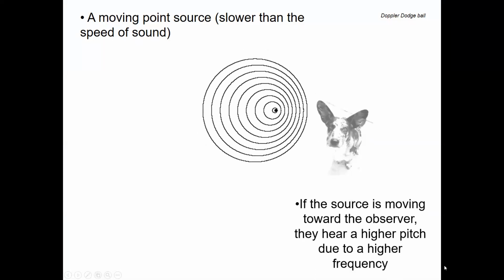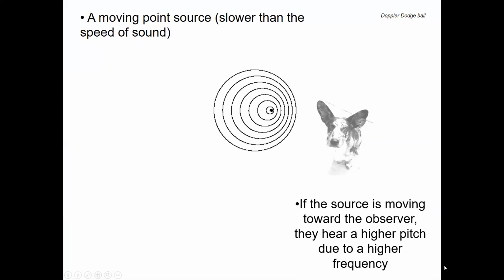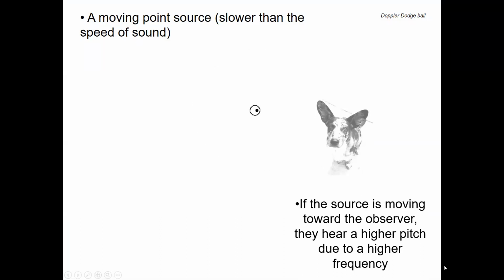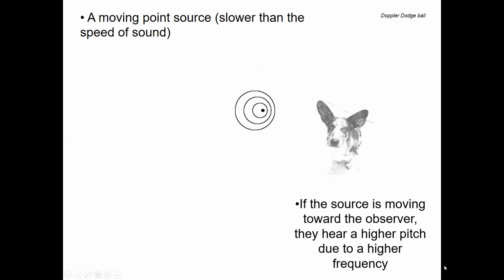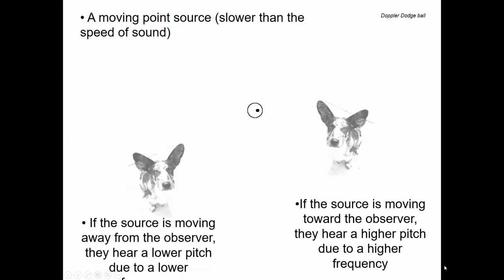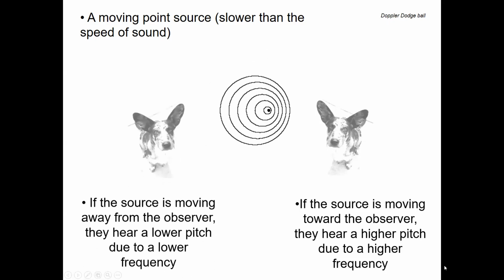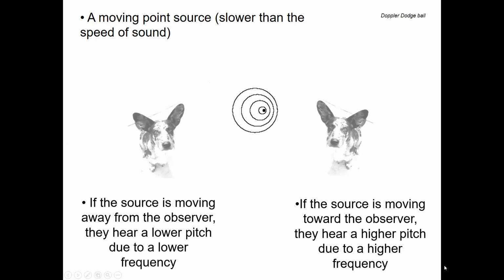So if the source is moving towards the observer, they will hear a higher pitch due to a higher frequency. This is because the sound waves are becoming compressed in between the point source and the ear of the observer. As that source moves away from an observer, they hear a lower pitch due to a lower frequency,